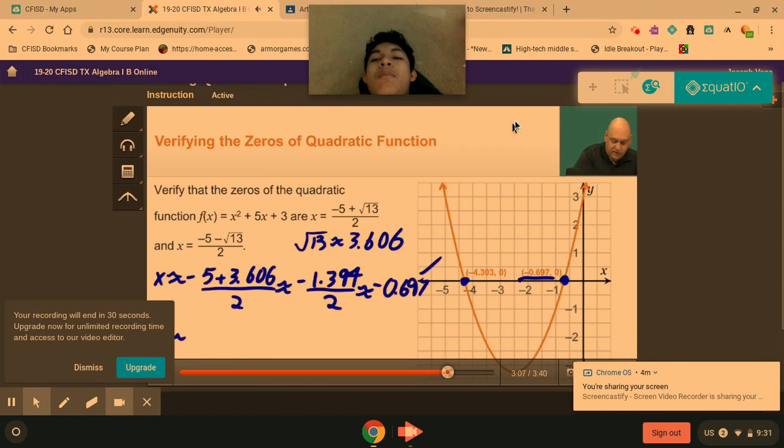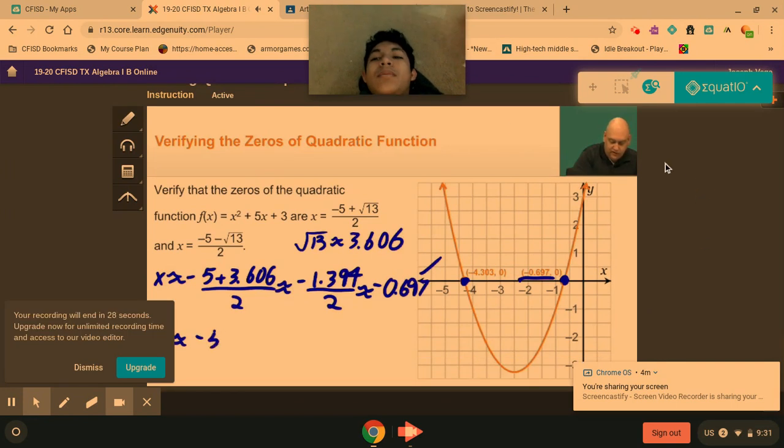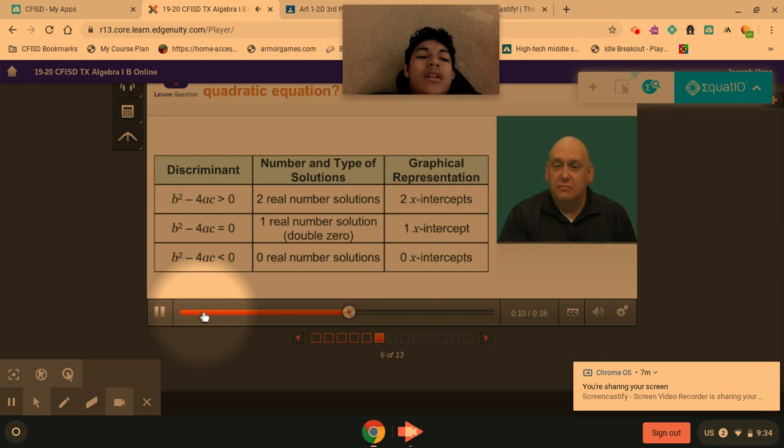X is approximately negative 5 minus 3.606 over 2, which gives us about